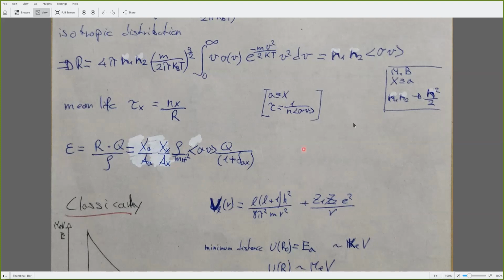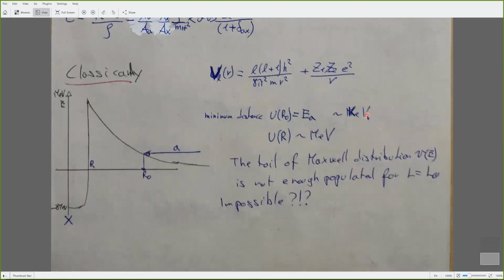Now let's see one problem, because what we are interested in, this is known, this is more or less known, defined by the distribution. We need the sigma, the cross section, that is the probability of interaction and reaction. Because something is that they are interacting, colliding, and something else is that we can have an actual nuclear reaction. If you look at the classical picture, we have a potential well with the Coulomb barrier,